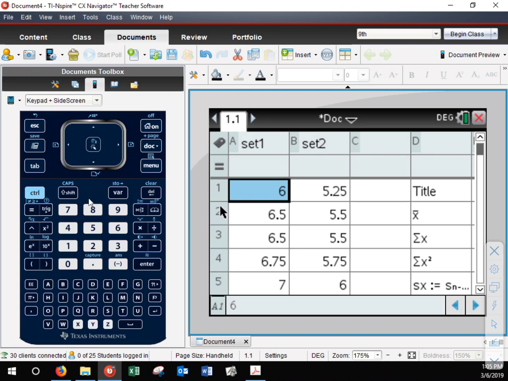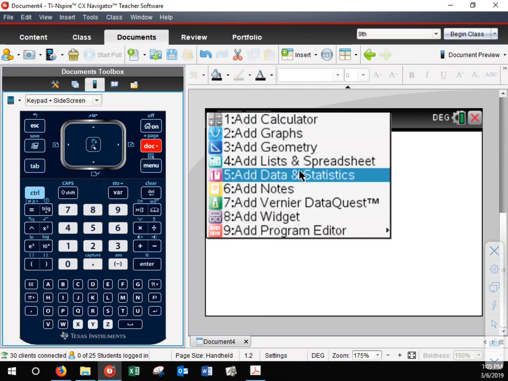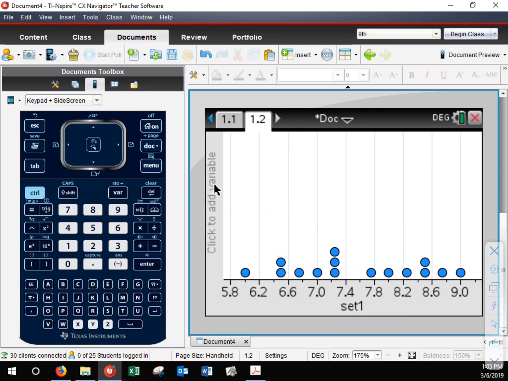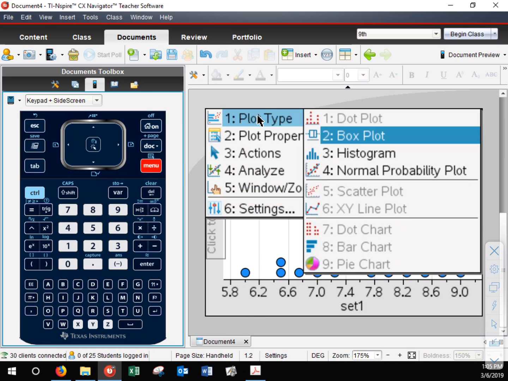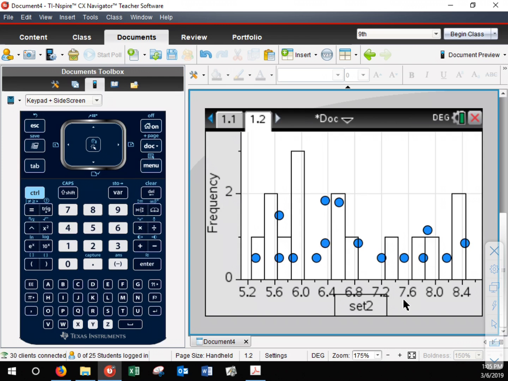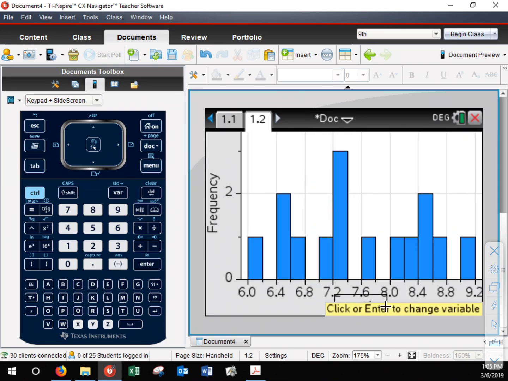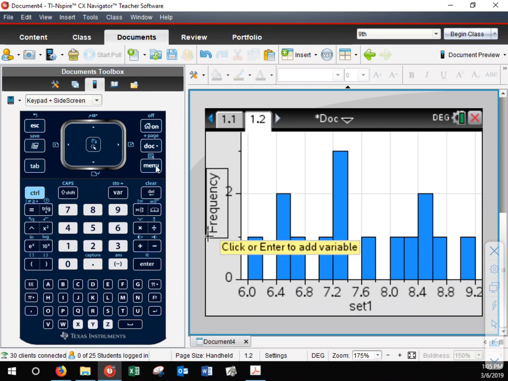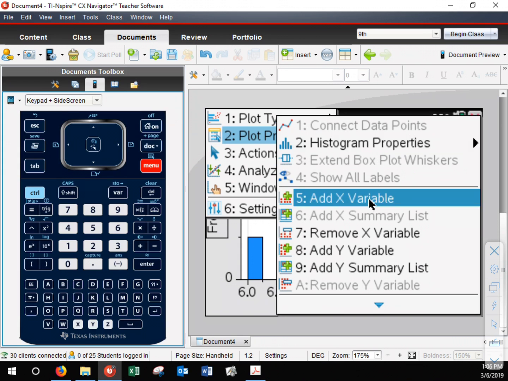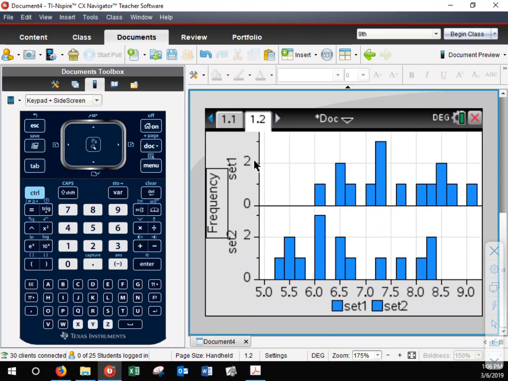So let's look at those histograms and see how that compares. So control doc, data and statistics, click to add my variable. Now we wanted a histogram, so I go menu, plot type, histogram. And I can just toggle between set 1 and set 2 if I really want to. However, because it looks like the bottom here is different, we actually want to compare them side by side. So I go menu, plot properties, add X variable, and I can add set 2, and now see how different